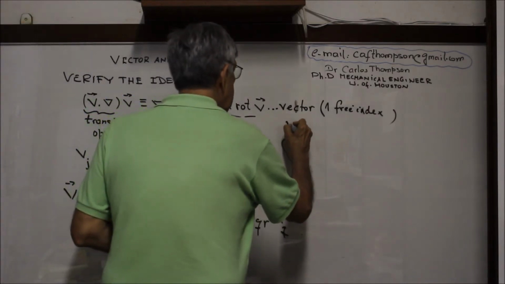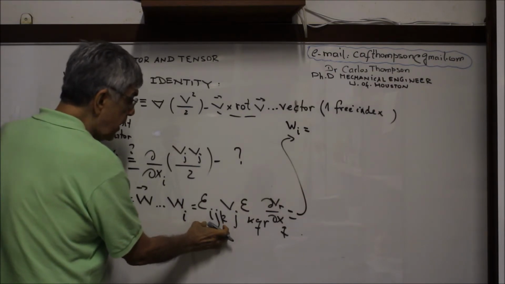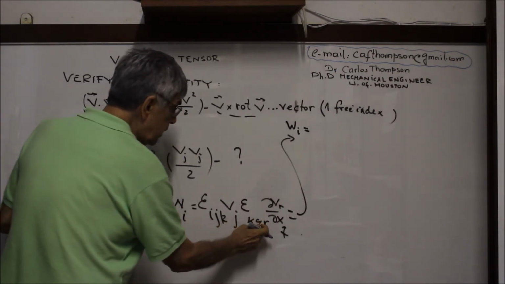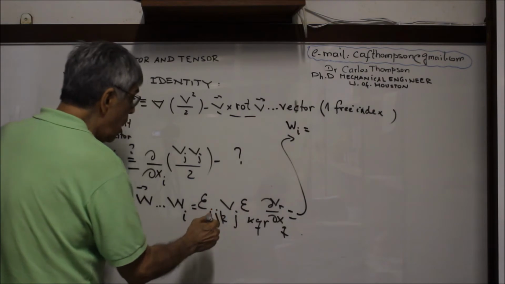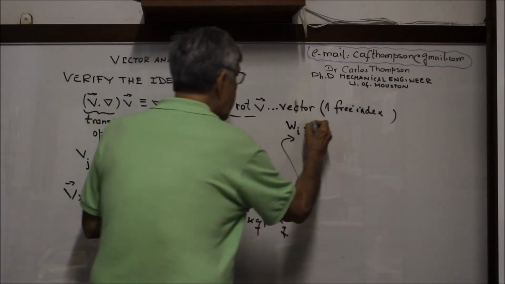So WI is equal to, now you see epsilon IJK and epsilon KQR, so I can move here and here. So this will be epsilon